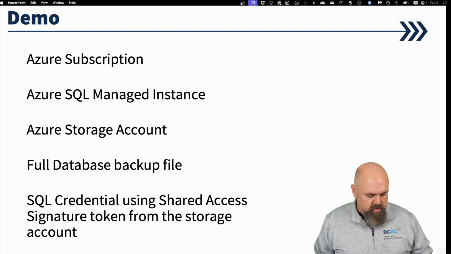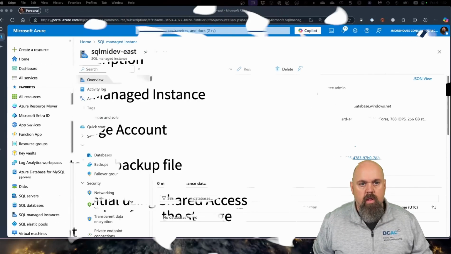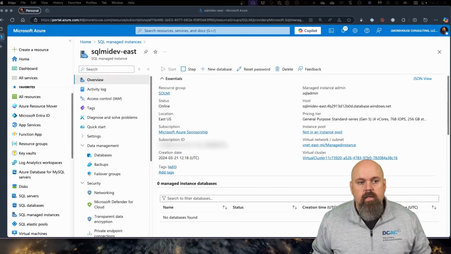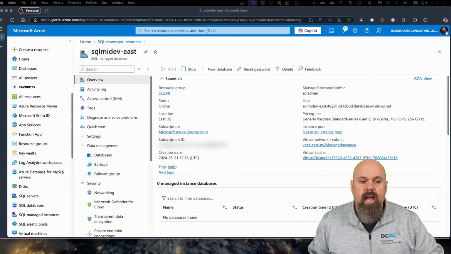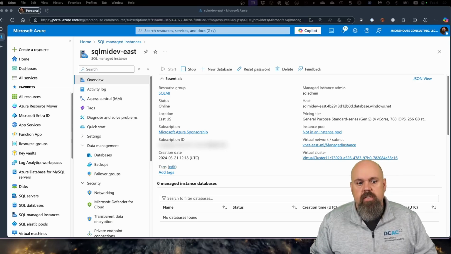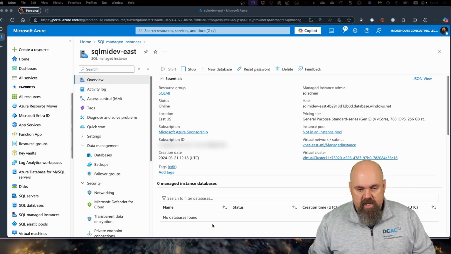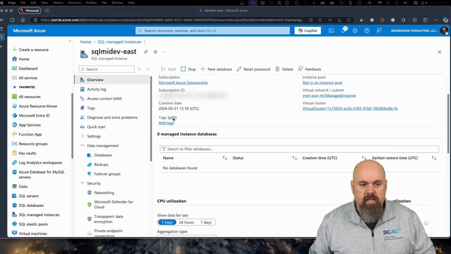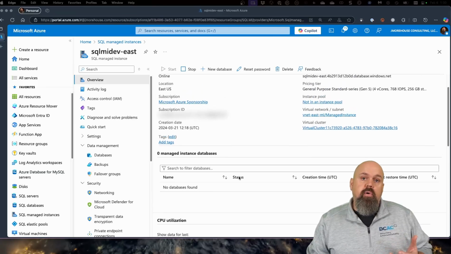So with that, let us jump over to the portal. Here I have a managed instance, SQL MI dev-east. It is located in the East US region, as we can see here. And I don't have any databases on it. We can see if I scroll down a little bit, there are no databases on it right now. So we are going to configure